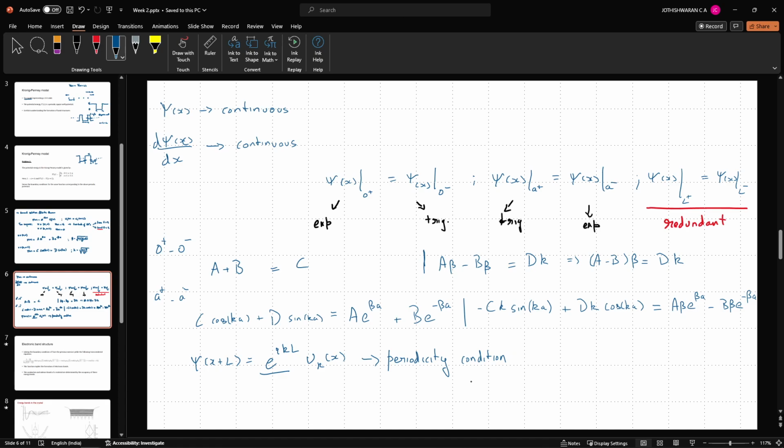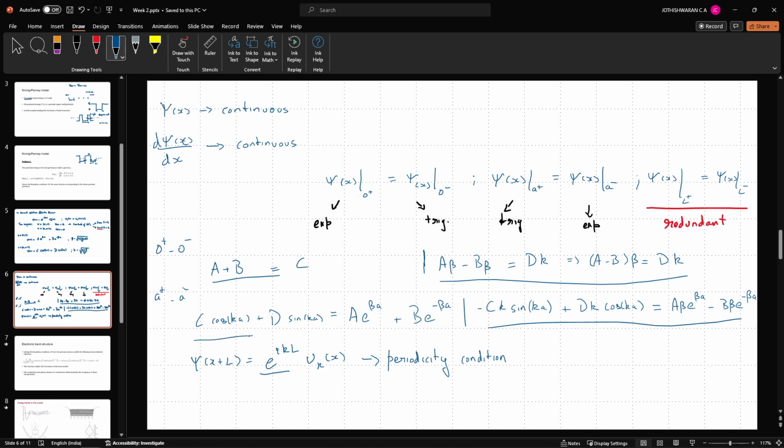What does that mean? That means that these systems of 4 equations will not have a solution for all values of E. Only particular values of E will have a solution, will have a corresponding K value and will have a corresponding beta value. Otherwise, Ks and betas cannot be found for all energy values. So this is the notion that leads us to the formation of band structures. So aside from the 4 boundary conditions, which are these 4 equations,